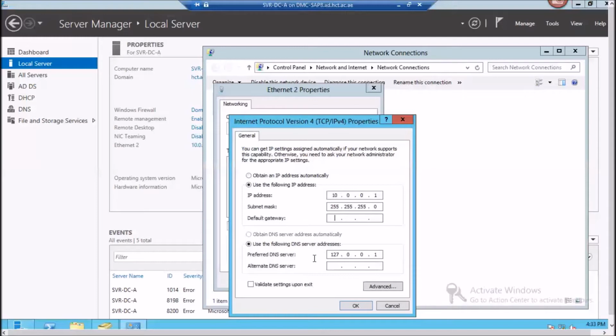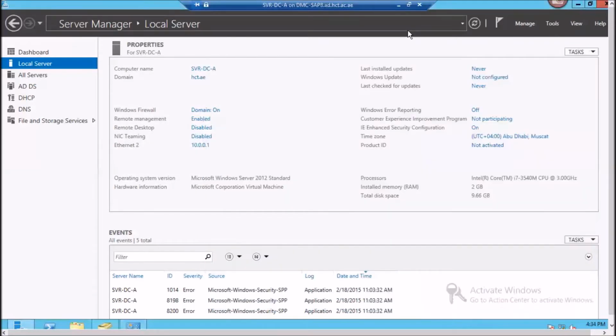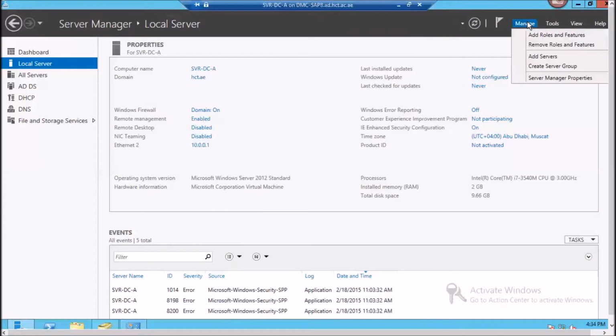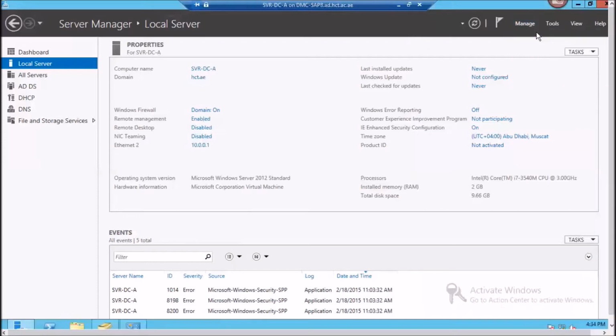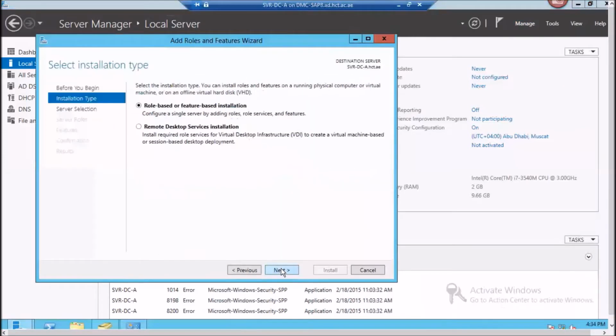Unless your computer knows which computer to contact for all these services, your computer is not in the network. Okay. So first thing we have to do is our server, make it static IP address, which we have done. Then second thing, what you have to do is you have to add the role. Obviously, I go back to my server manager. To add and remove the roles, the manage icon. Okay. Add role. And you keep everything as is, default.